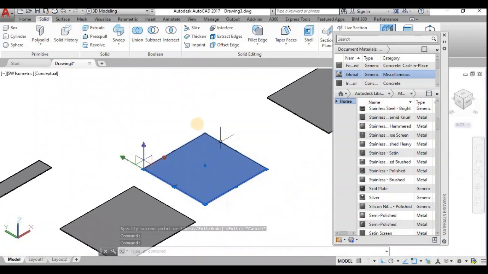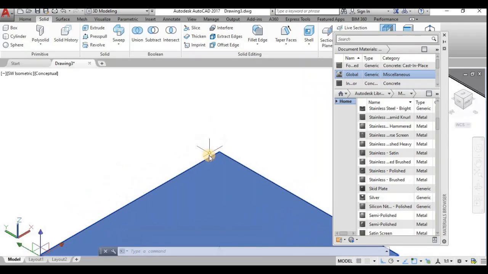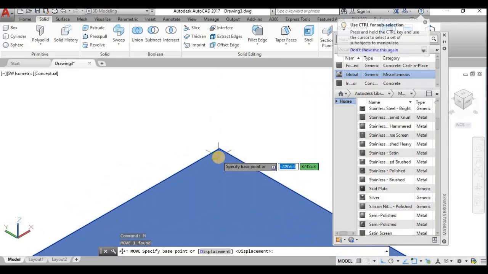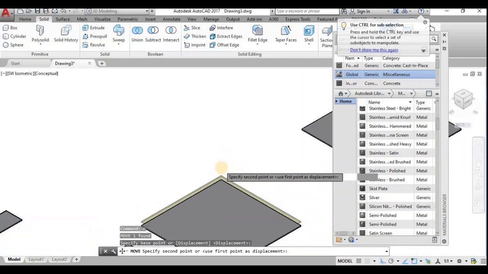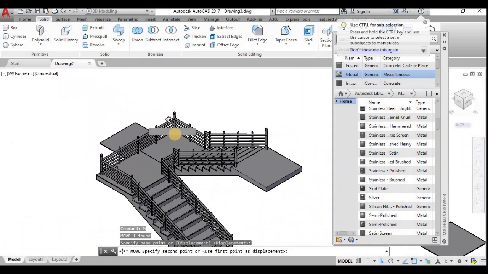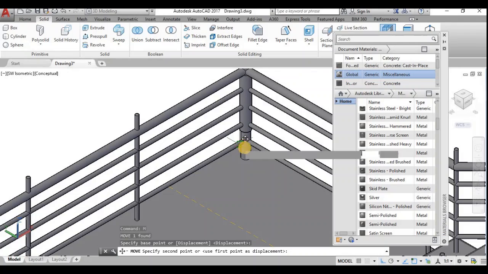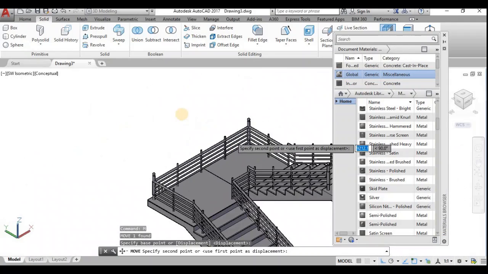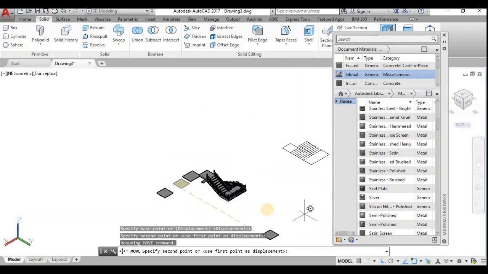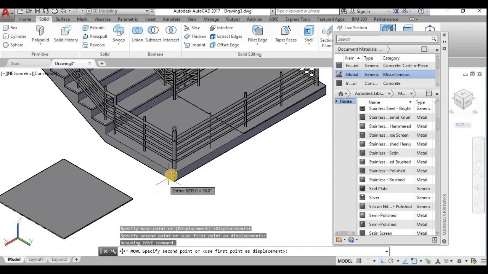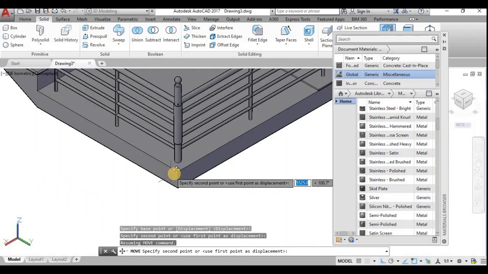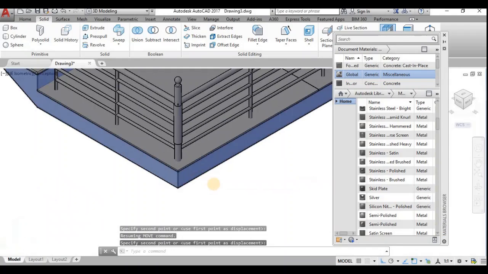I shall choose this bottom base corner to place it. Sorry, I couldn't view, so I shall turn this. This is the base point I have fixed.